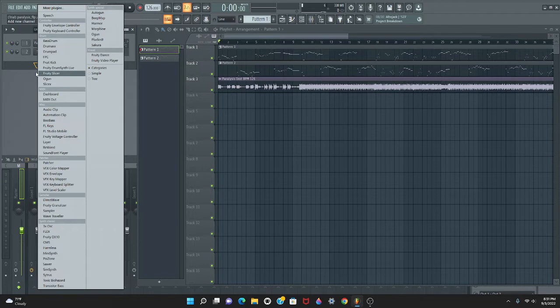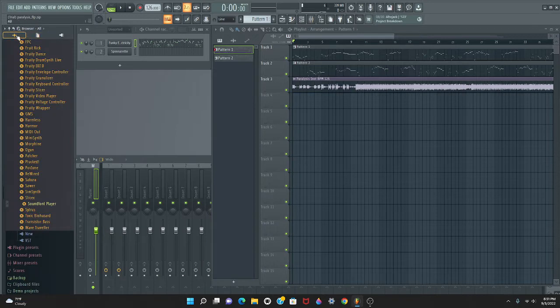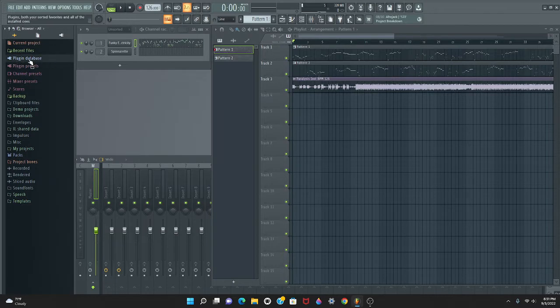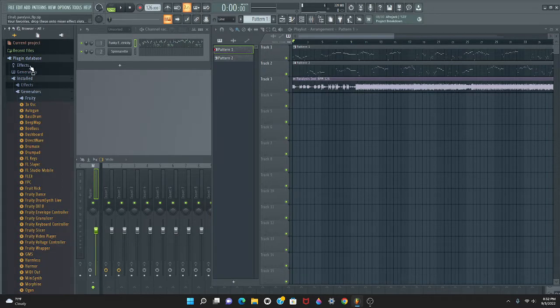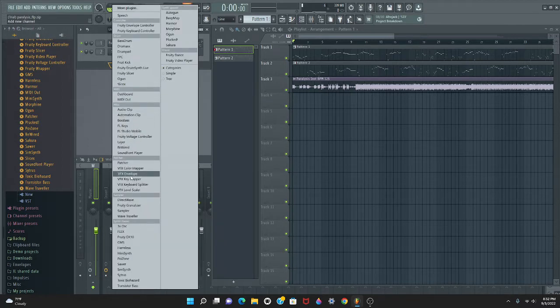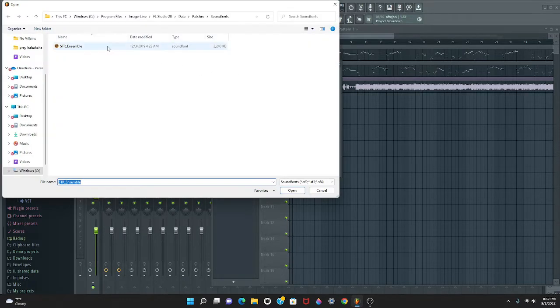But I'm going to teach you how you can use sound fonts first. So for sound fonts, you go to this little project thing right here, and in the part where it says plugin database, you click down to the part that says installed, then generators, and then click Fruity. Scroll all the way down till you find Sound Font Player. Or else you can just click that one plus button, and I think, if I remember correctly, you can also find Sound Font Player here. Yeah, right there. Sound Font Player. You just click the thing right here for sound font,